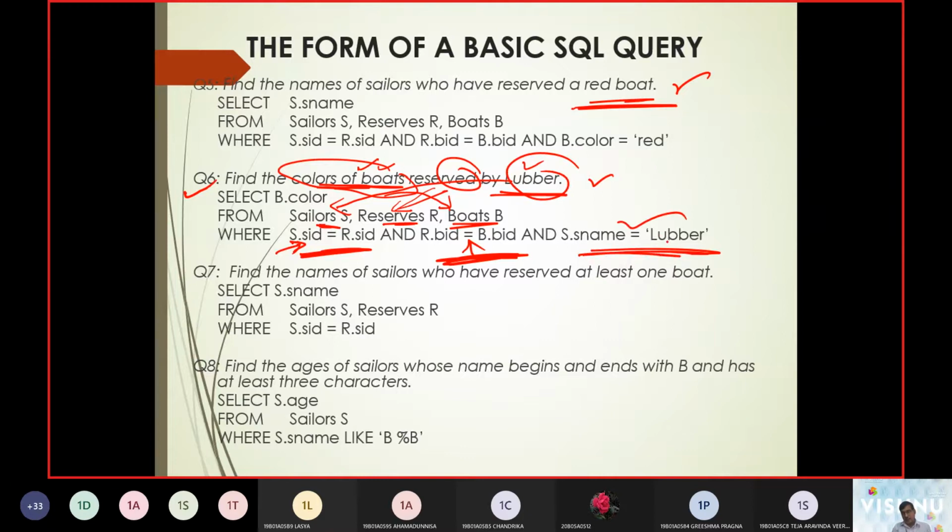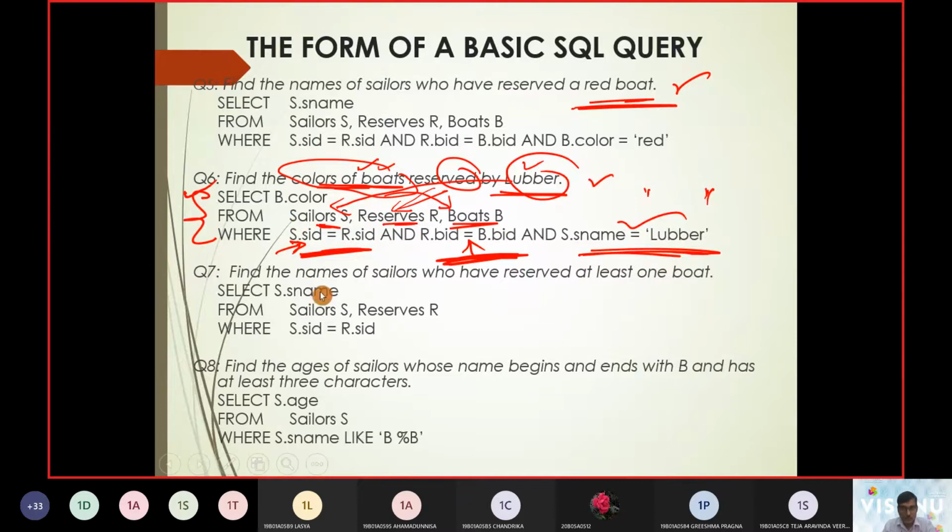As it is a character data type, it can be mentioned in single quotes, or character data type can be represented in multiple quotes. But if it is a numeric value, of course we can represent it without quotes. That is the fundamental rule. So now this query is going to generate who Lubber was, what his ID was, and then which boats he has reserved, and what color he has chosen.